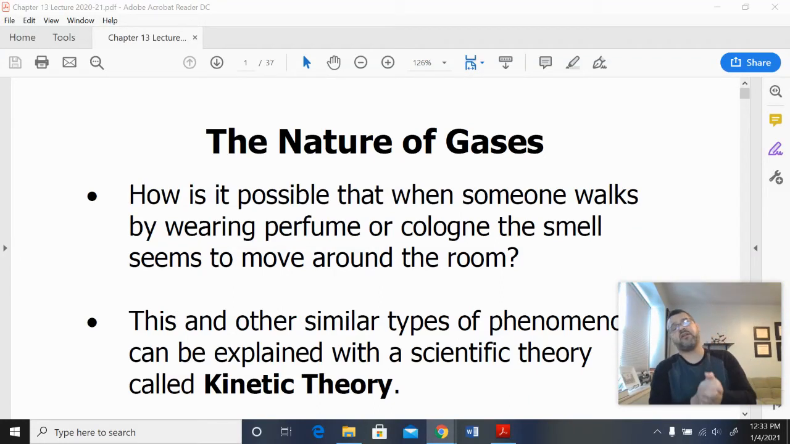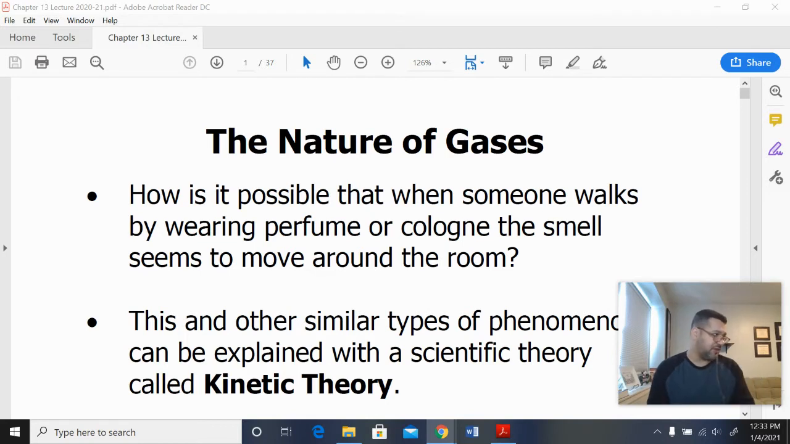Hey folks, our next unit deals with gases. We've talked about solids, we've talked about liquids and the forces that allow them to stick together. Now let's talk about gases. So the question I pose is, how is it that we're able to smell perfume when somebody walks by, and